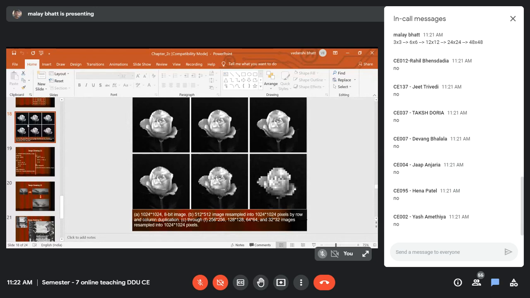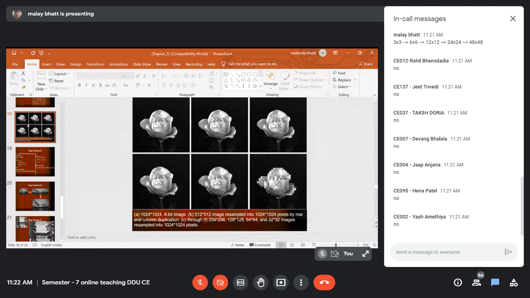It is the second row, last column, bottom row, last image. So it is originally a 32 cross 32 image of a flower, zoomed to 1024 cross 1024 pixels. Hardly can you imagine that it is a flower and a rose. You cannot imagine that because you are zooming to so many levels that it will lose the details of the image.